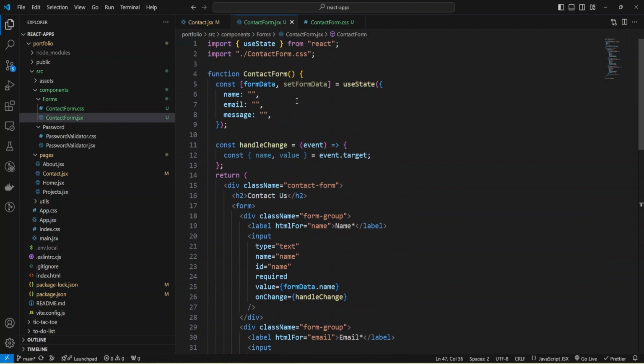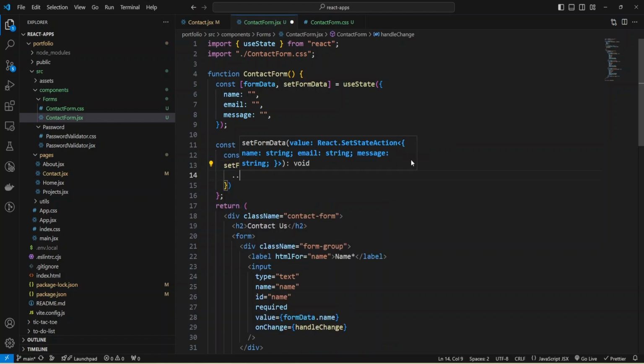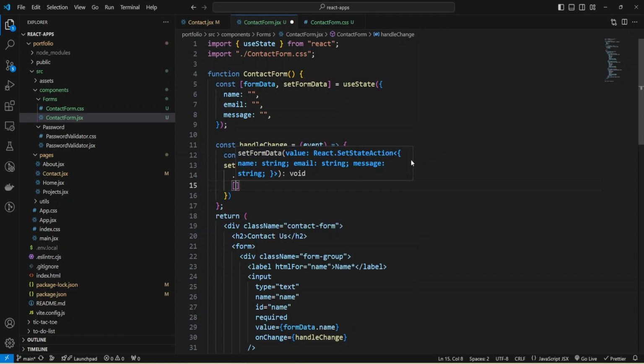Okay, and now we can change the state and use setFormData, but make a copy of our current state formData. It will be a new object, and I'm going to change name and provide the new value.